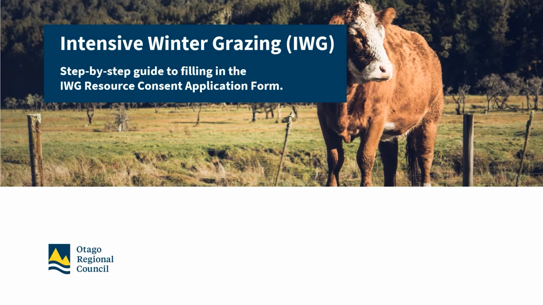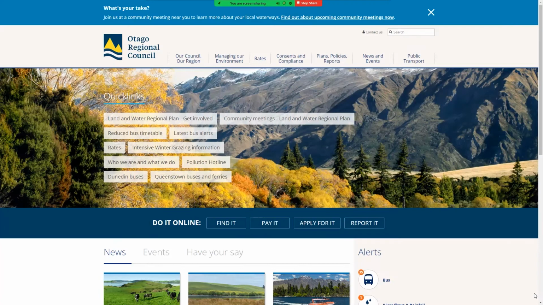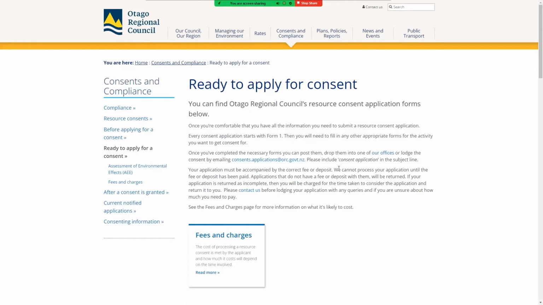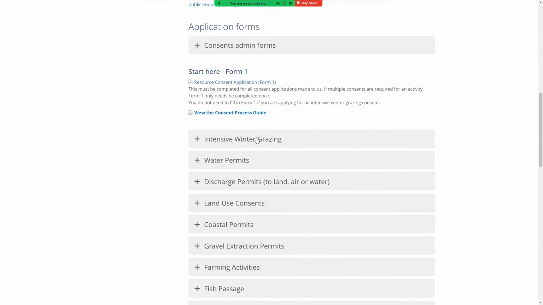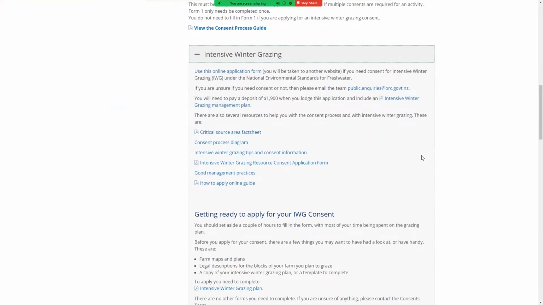Hi, I'm going to run you through how to apply for your intensive winter grazing consent. If you need consent, the application form can be found on our website in the Ready to Apply for a Consent page under the Intensive Winter Grazing box. You can use this form online, or you can download a hard copy or contact the consents team for a